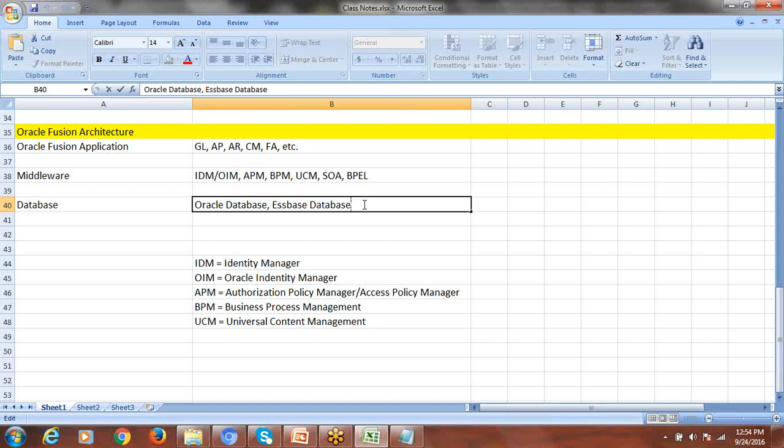Hyperion is the best product in the market for reporting, financial reporting management, and for planning and budgeting purposes. So when we talk about Hyperion, the total data that will get stored is in the space only, which will help